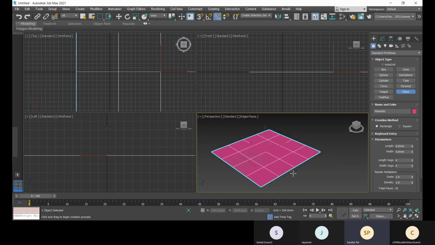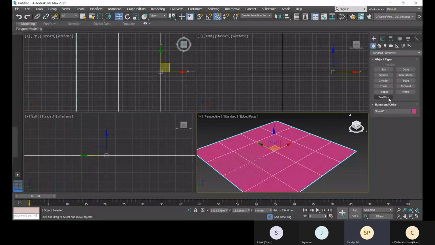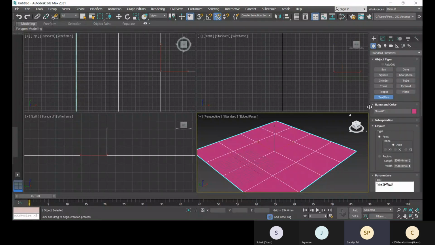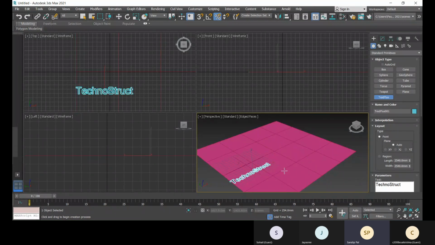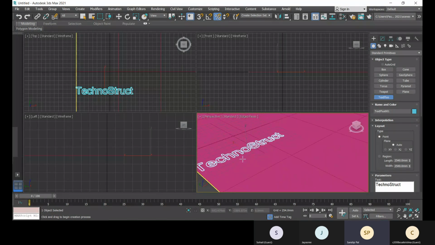So we have the plane, correct, and we can have some text also. With this text plus, here we can write it down, like hello moto. We can give the length and width from here, so accordingly we will get our text.